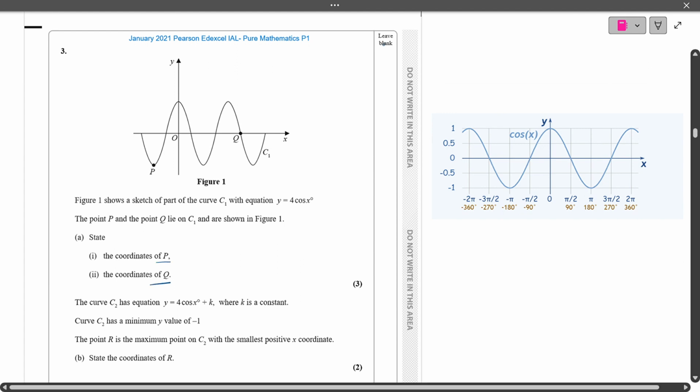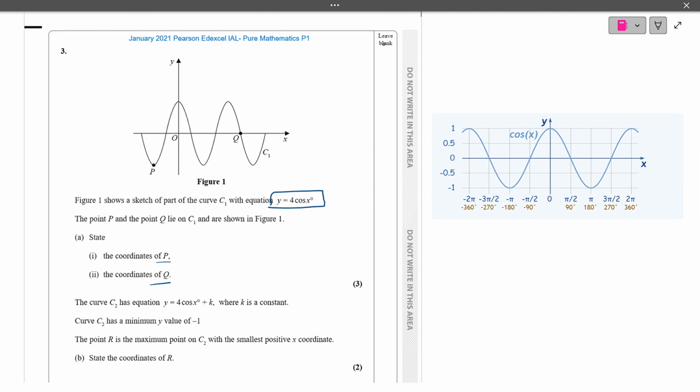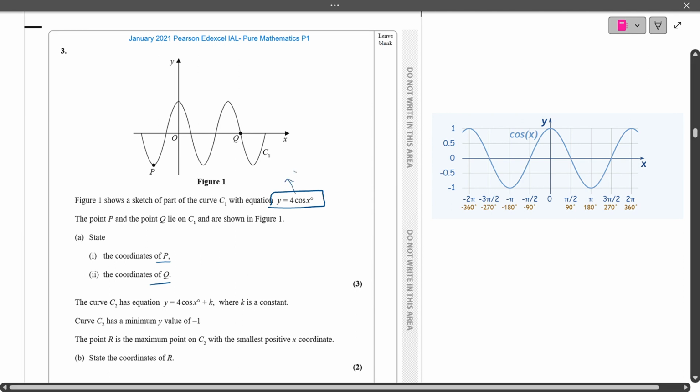So the equation is y equals 4 cos x. Basically only the amplitude has changed. Now the amplitude is 4. Let's look at the original graph, y equals cos x. If you look at the original graph,